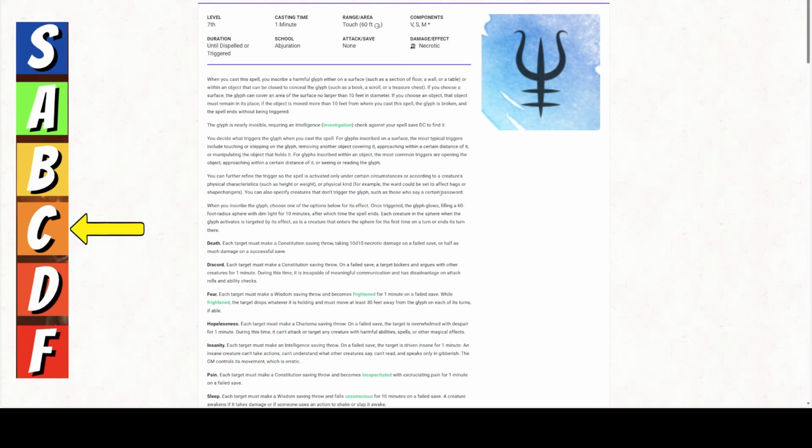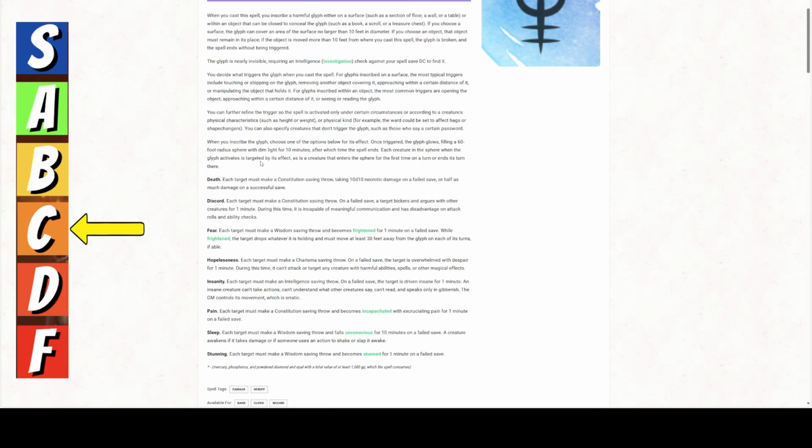Now, once it's triggered, everybody is affected that's in the radius. There's nothing you can do about that. There's no clause in this spell that says certain creatures are affected and certain creatures are not. It's all about the trigger that happens. When you inscribe the glyph, choose one of the options below. Once triggered, the glyph